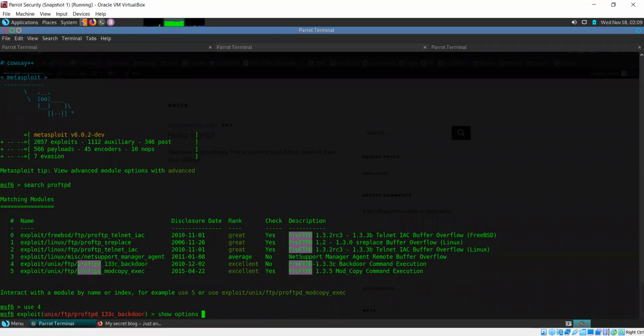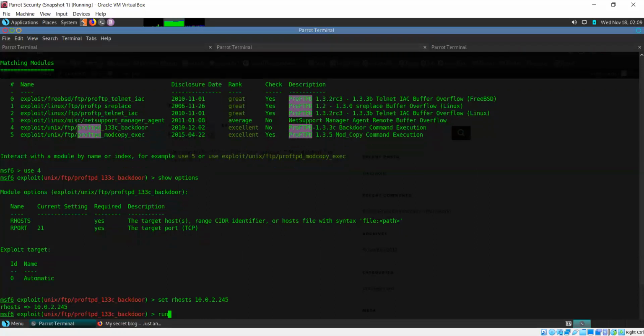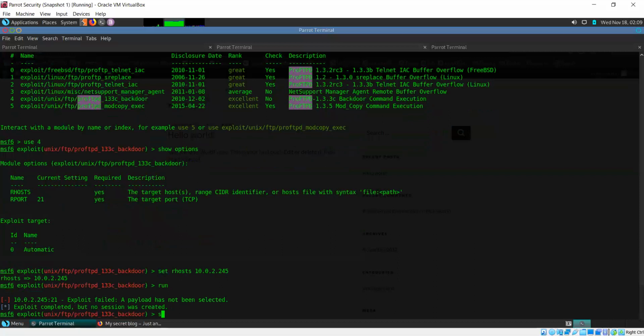So show options, and okay, the port is set. I just need to set the RHOSTS. Set RHOSTS, that is 10.0.2.245. Okay, then select the payload.